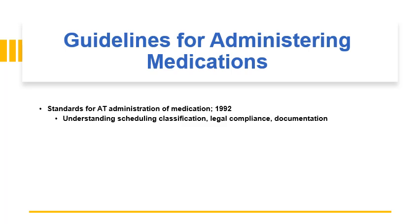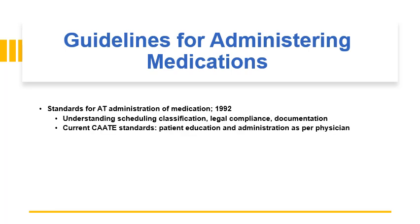For instance, a lot of athletic trainers were having students give out medications, which, as we all know, you can't do. So again, making sure that there's compliance with all of that. Again, looking at current CATE standards, there are really important points as far as educating patients and administration per